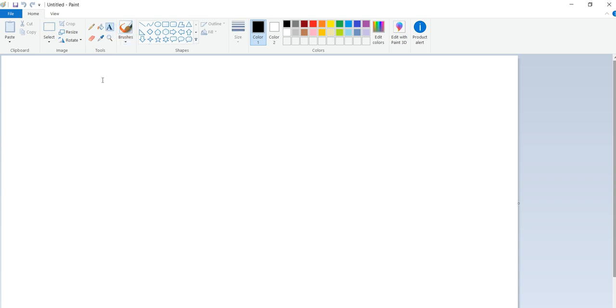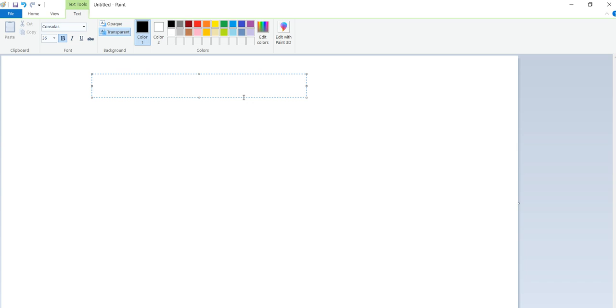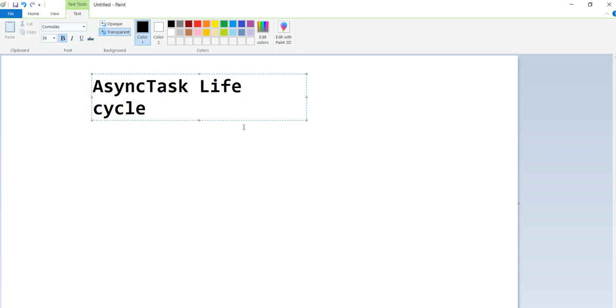In our next series of interview questions, here we'll see what the steps are in the activity life cycle, and AsyncTask. How can this AsyncTask perform, what is the life cycle of this, and what are the implemented methods in this?